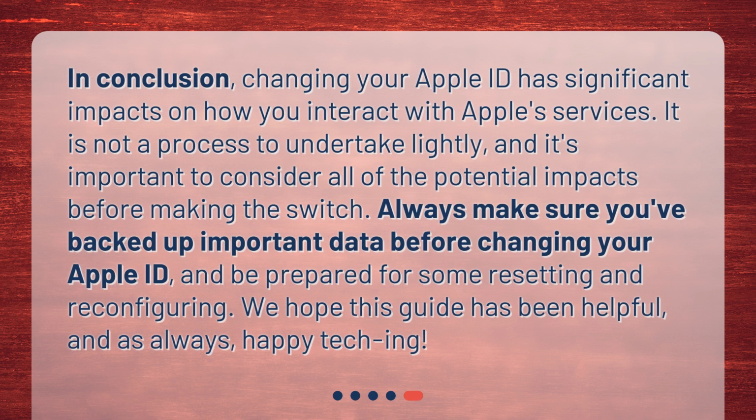In conclusion, changing your Apple ID has significant impacts on how you interact with Apple services. It is not a process to undertake lightly, and it's important to consider all of the potential impacts before making the switch. Always make sure you've backed up important data before changing your Apple ID, and be prepared for some resetting and